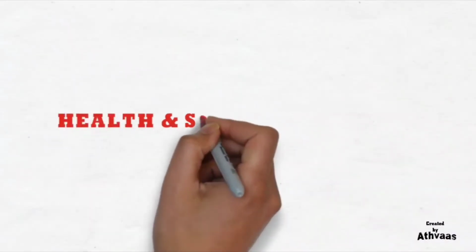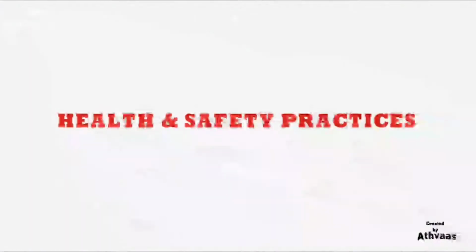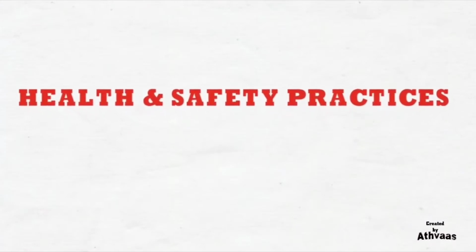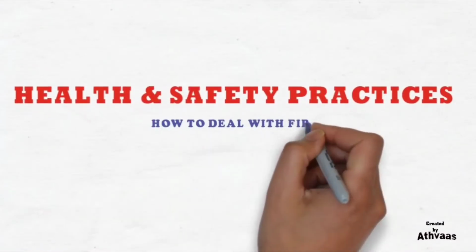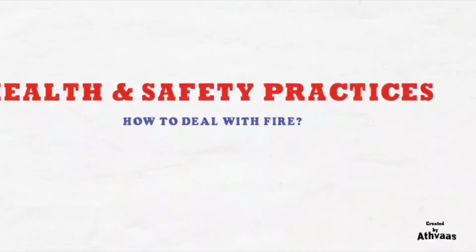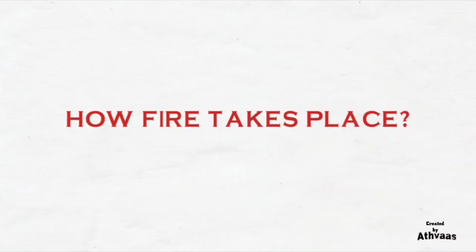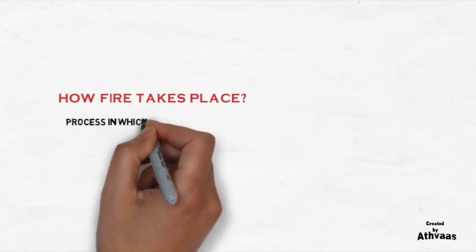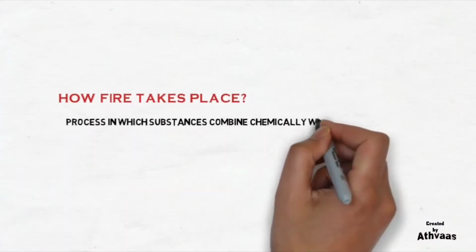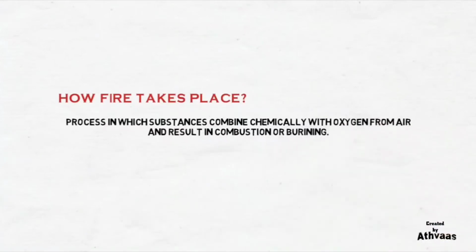Dear students, in the second part of health and safety practices, we are going to cover the fire extinguishers, what are the safety accessories that are used, and how to deal with fire. We are going to study these topics one by one, and first of all we will study how fire takes place. The fire is a process in which substances combine chemically with oxygen from air and result in combustion or